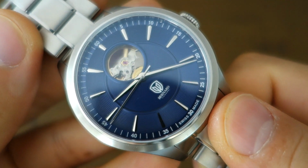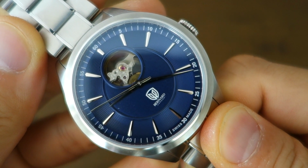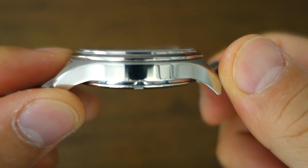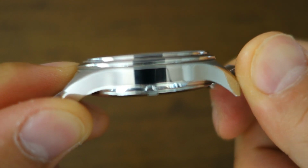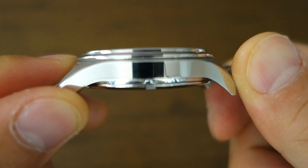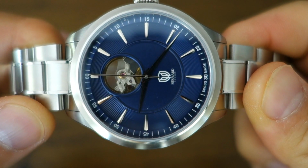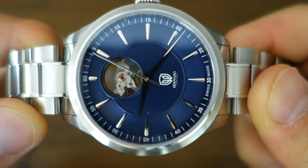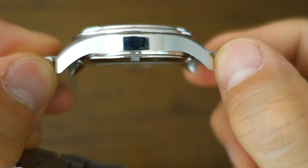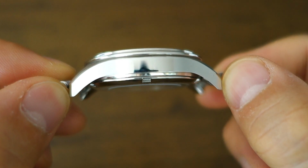Okay, the case here is 41mm diameter stainless steel. It is actually 11mm thick, so pleasingly thin, relatively speaking, because it is more a dress casual style watch, not so much a sports style watch. The lug width, of course, is 20mm for a watch of this diameter, so nicely proportioned. And the lug-to-lug distance, I think it's probably what you expect looking at those lugs there. It's actually